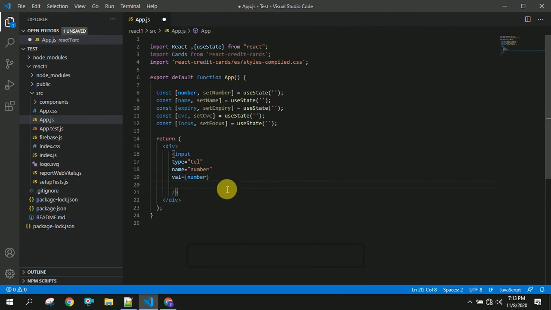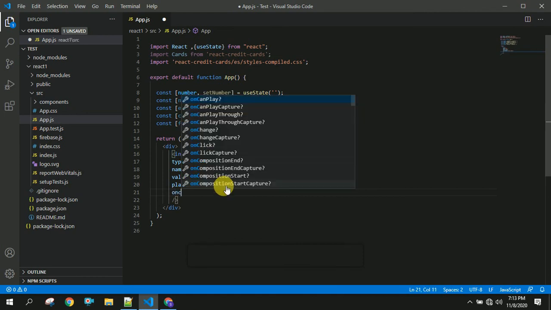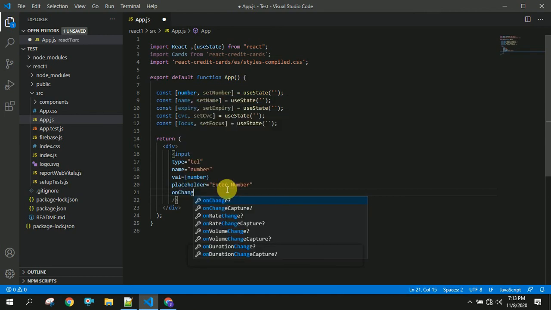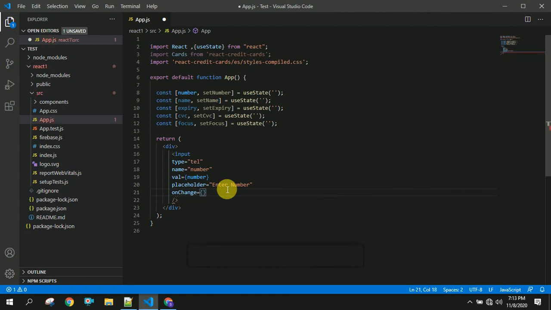Next one is placeholder, Number, and next one is onChange.